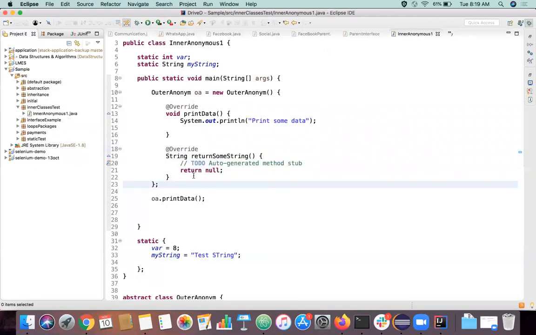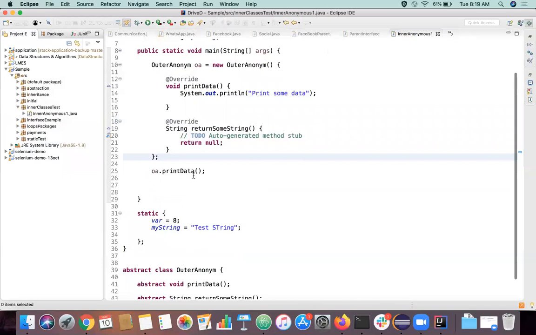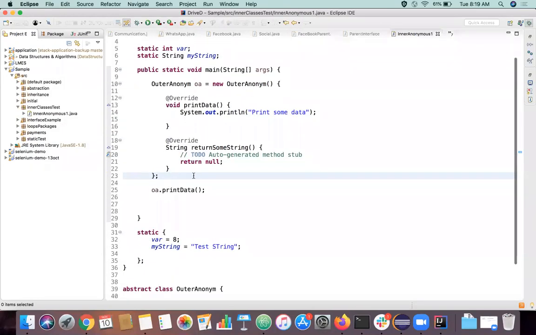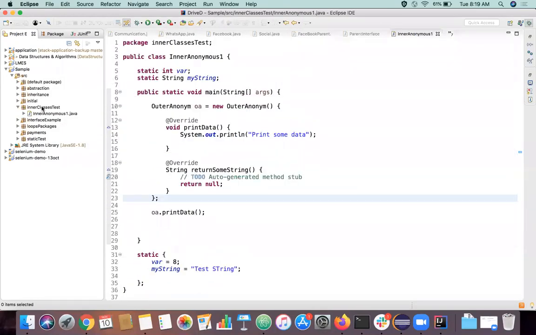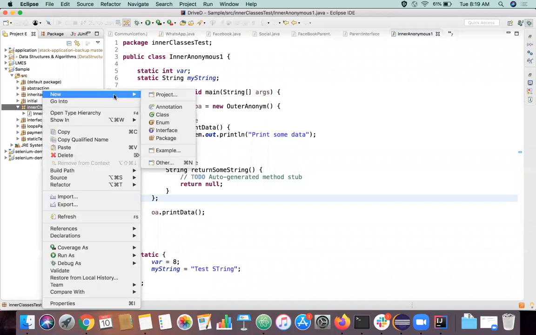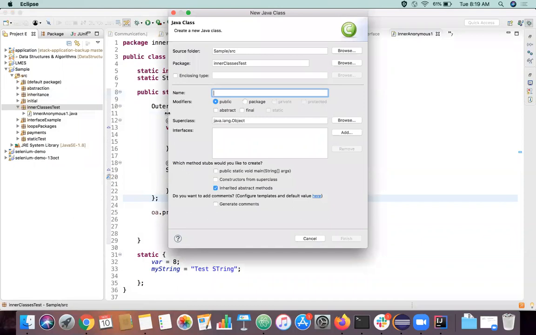So this is one example of inner classes. We can have two classes in the same file, right? We'll have one more inner class called member inner class, right? Let's say I have one more class called member outer.